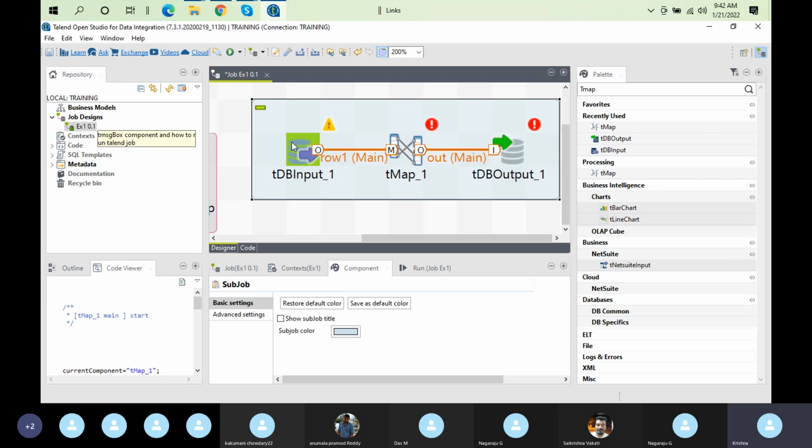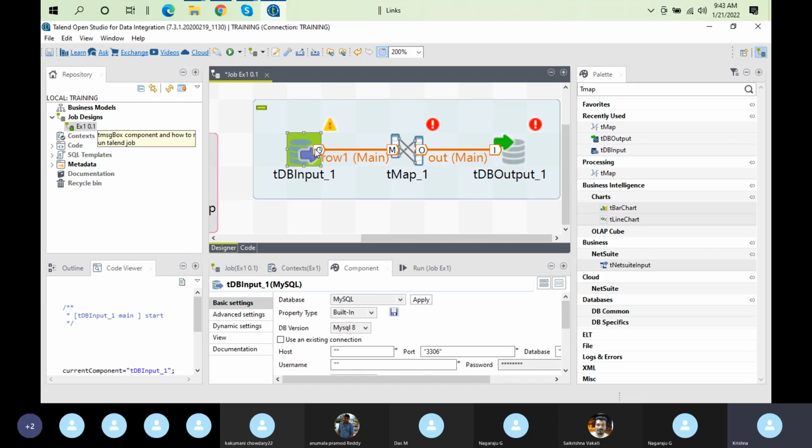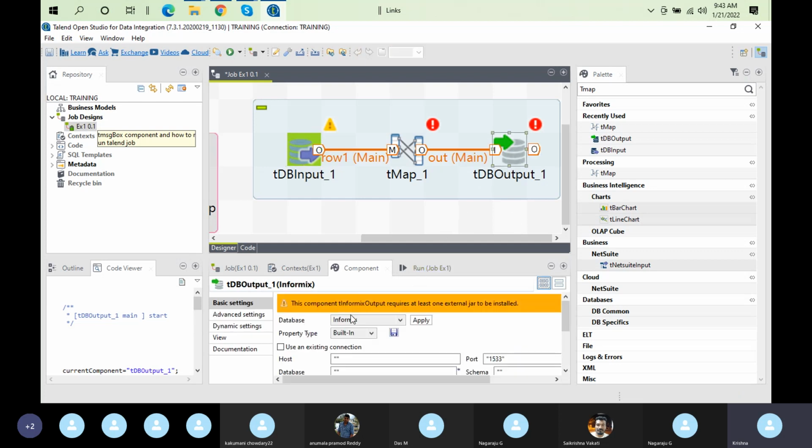But what is the purpose of ETL? In a loader, just a simple export and import, you cannot do any calculation or any logics there. You have to have an ETL tool. So that is called transform. Here the E means extract. In this component, you are extracting from MySQL and loading into some Informix database, and in between